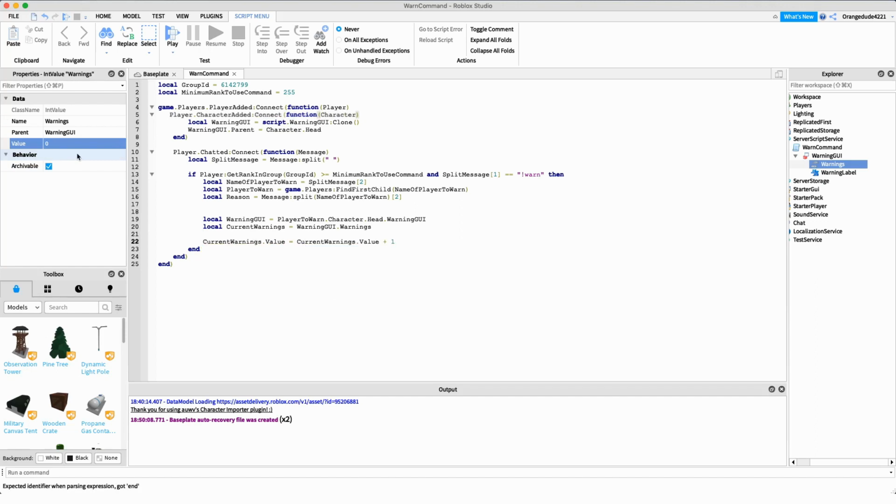So we increment it by 1, and then we just want to set the text above the player's head. The way we have it set up is W, and then however many warnings they have. So maybe if it was 2, it'd say 2. And then we put a dash there, and then we want to say the reason here. And the way we're going to do this is we're just going to set the text of this text label,